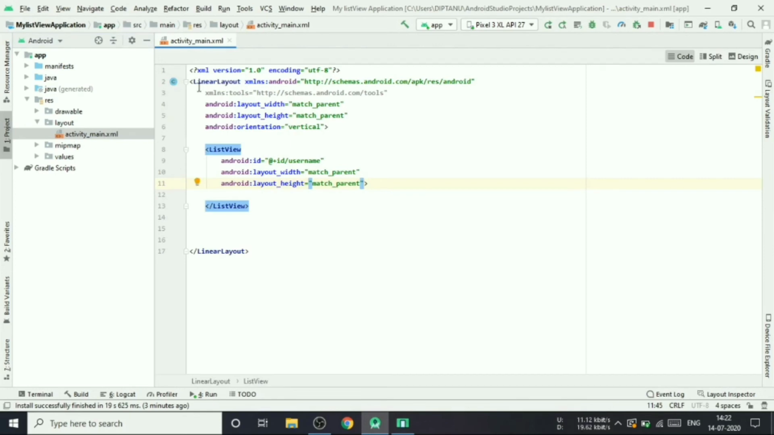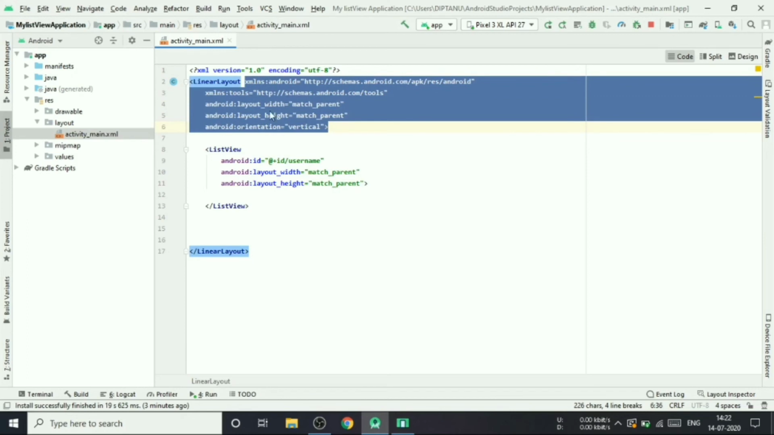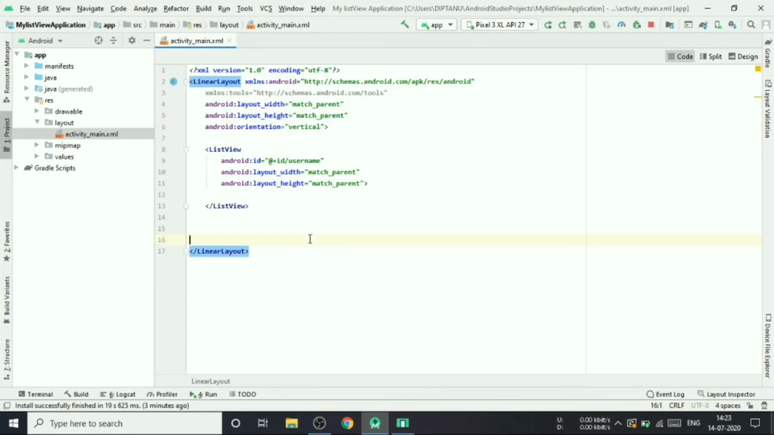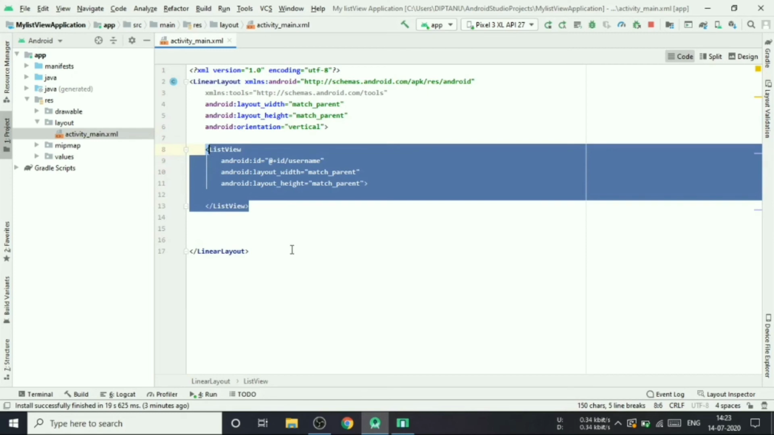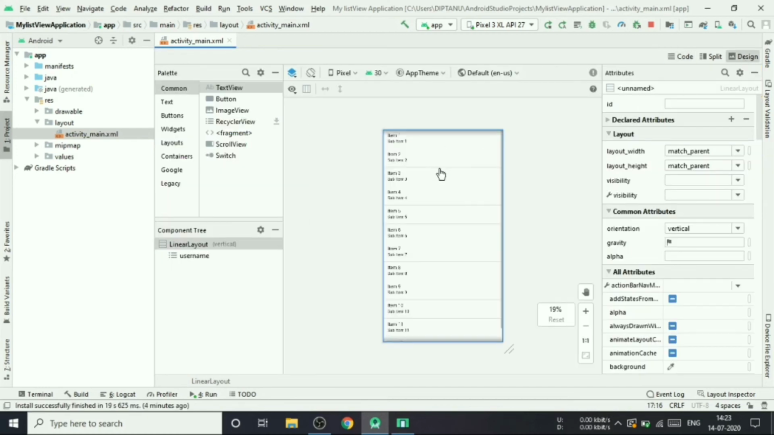So in activity main, we first changed the constraint and coordinates and whatever there was, and replaced it with linear layout. We made simple changes in this part, XMLNS and Android, and again we added list view. We just replaced the text view with a list view. This linear layout has a starting and an end, and inside this all the activity is going on. So this is basically the designing of our